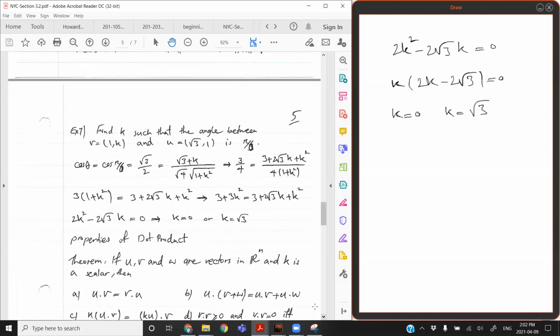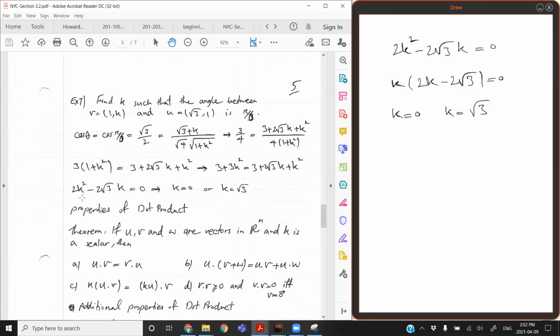So is this clear, or do you want me to explain this again? I didn't get the last part. Pardon me? The last part, I didn't get, yeah, the last part. This part that I put here? Yeah. Okay. So